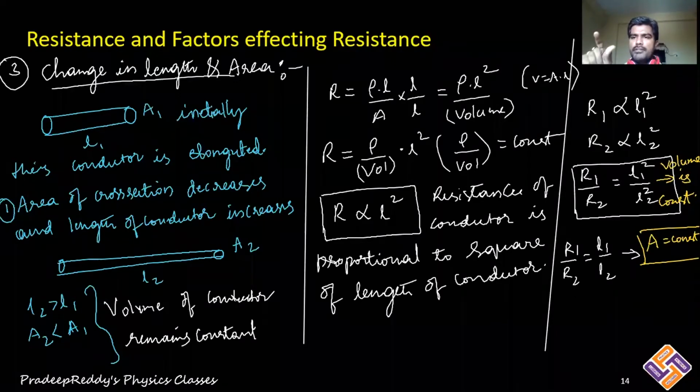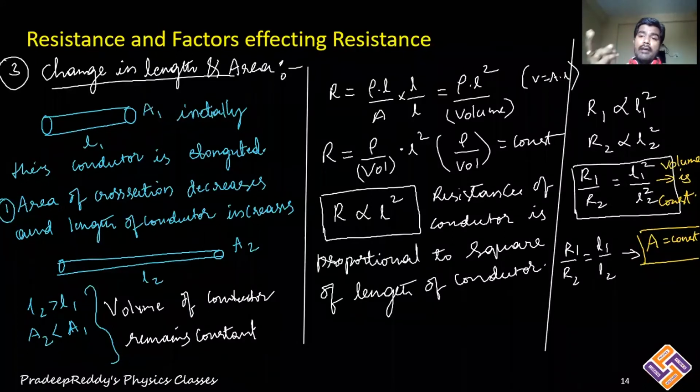And how can you know that volume is constant? If both area of cross section and length change. That means you are taking the same material, but you may either squeeze it or elongate it. Same conductor you will take, but you may squeeze it, elongate it, or heat it and make it a circle. You can make it any other shape of the material. In such cases, the volume of the conductor will remain the same. Then you will find out the length in both cases and directly write R proportional to L square, or R1 by R2 is equal to L1 square by L2 square.